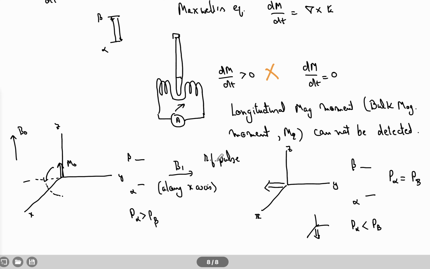So when I'm pulsing, I know what RF pulse I'm using, what the power of that pulse is, and for how long I'm using it. I know precisely that I'm controlling the longitudinal magnetization so precisely that it is moving to exactly 90 degrees. I can move it to exactly 89 degrees or exactly 91 degrees. In this case, I'm moving to exactly 90 degrees, and this particular magnetization is called transverse magnetization.